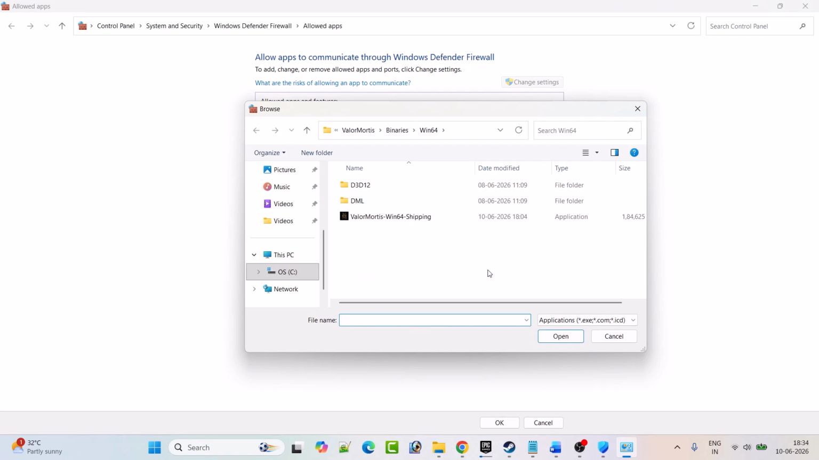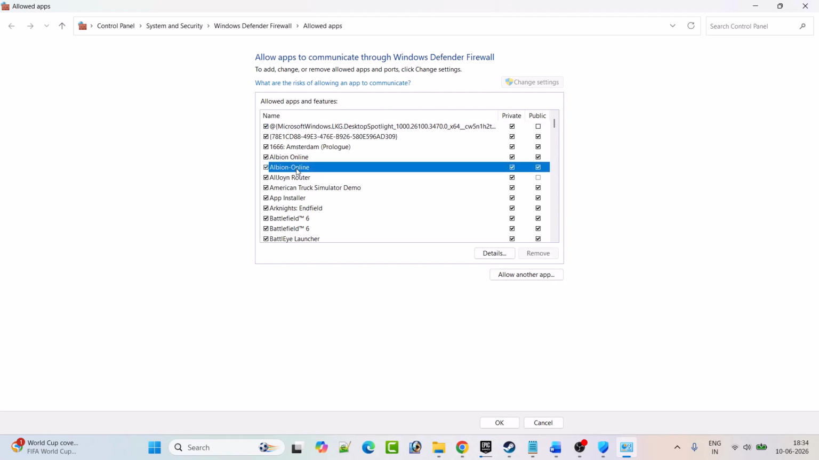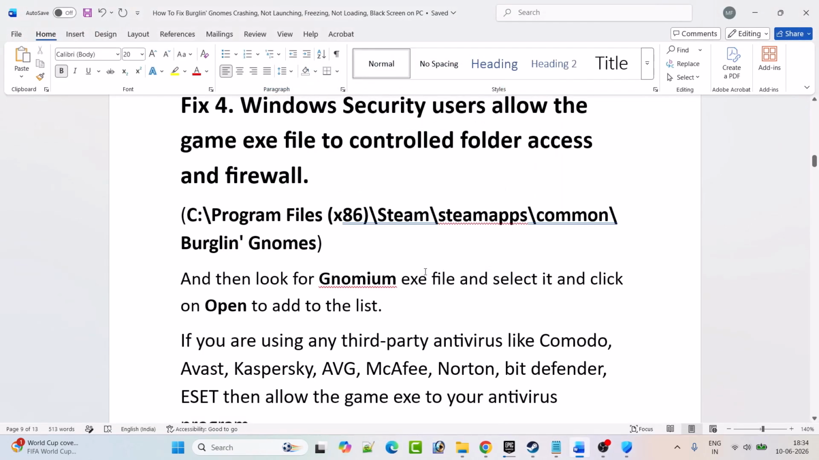then again browse to the game installation folder. So again browse to C drive, program files x86, Steam apps, common, open the Burglin Gnomes game folder, select the Gnomium exe file and select it, and then click on open, and then click on add it to the list. After adding it, make sure both private and public are ticked for the Burglin Gnomes game. This is just an example, and then click on OK to save changes, and then you can go ahead, launch